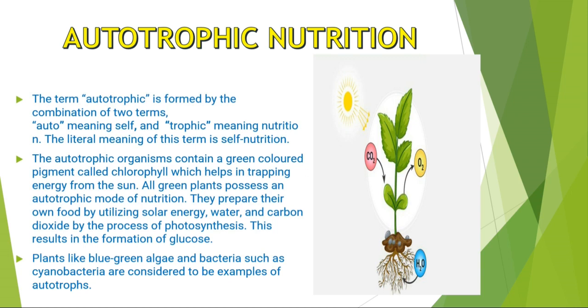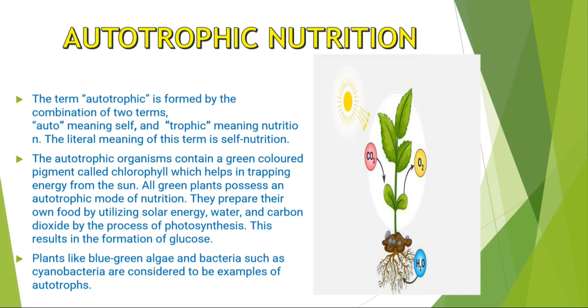Autotrophic organisms contain a green colored pigment called chlorophyll, which helps in trapping the energy from the sun. Without chlorophyll, trapping energy from the sun would not be possible. In the presence of chlorophyll, the plants can easily trap solar energy or sunlight. All green plants use an autotrophic mode of nutrition, and they prepare their own food by utilizing solar energy, water and carbon dioxide by the process of photosynthesis, and this results in the formation of glucose